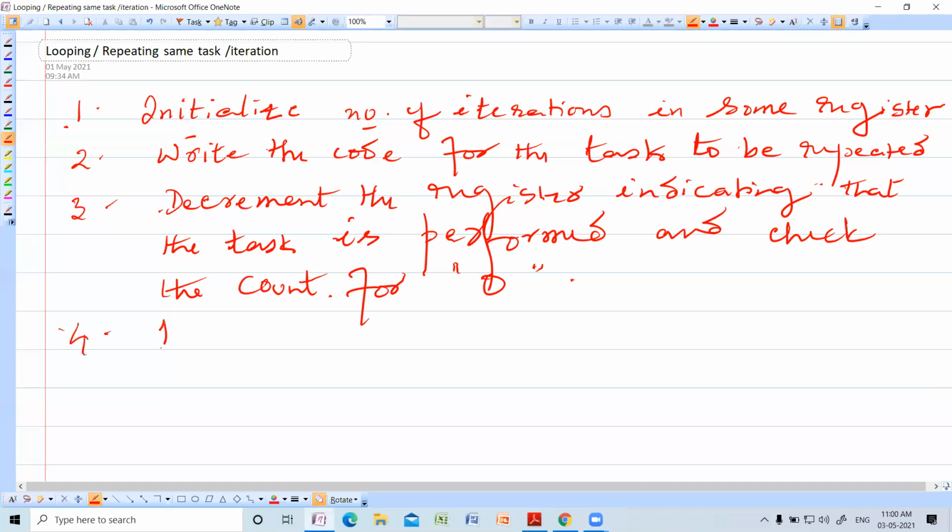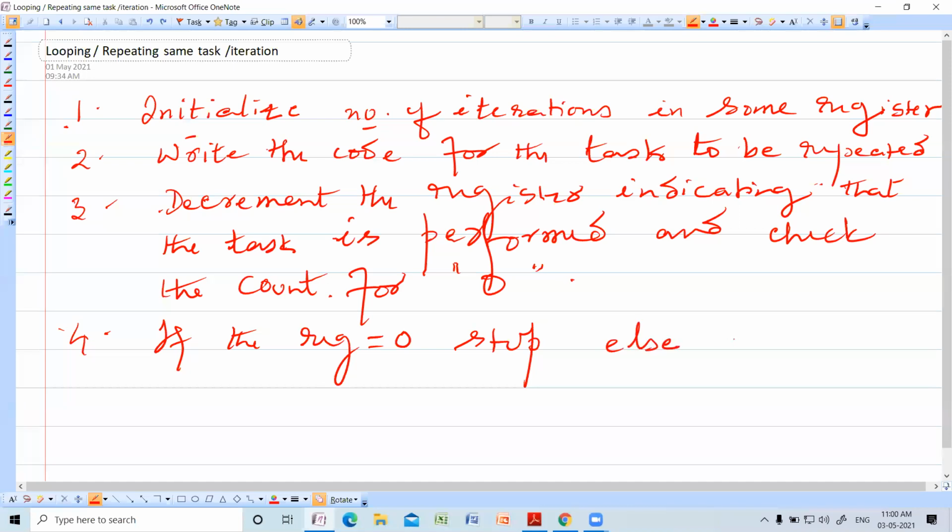Fourth step, if the register is 0, stop, else go to step 2.